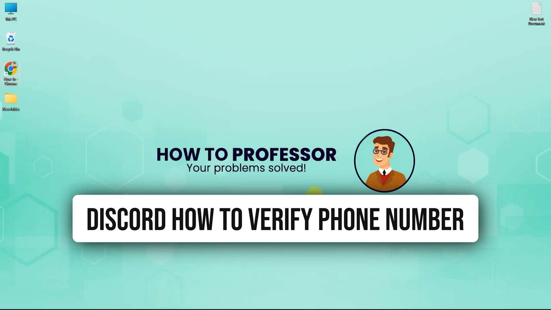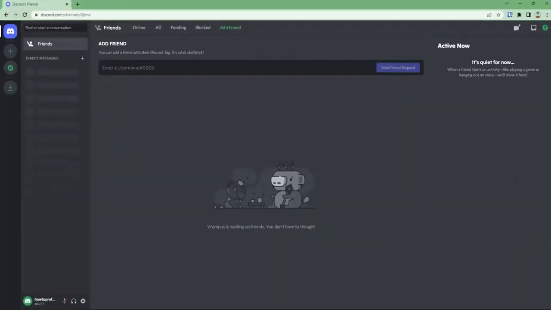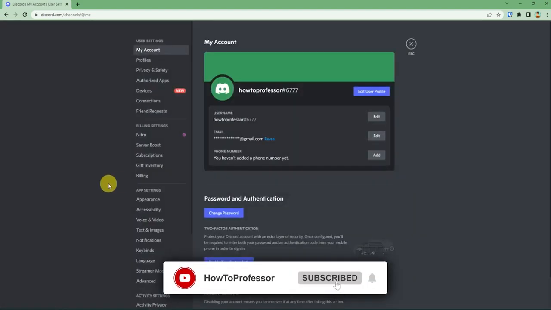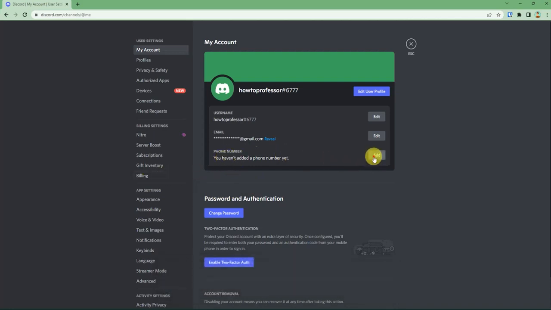phone number in Discord. Open up your Discord account either from the application or in web page, and then go to the bottom left setting icon and click user settings, and then you will find in my account section a column called phone number. Just go there and click add,